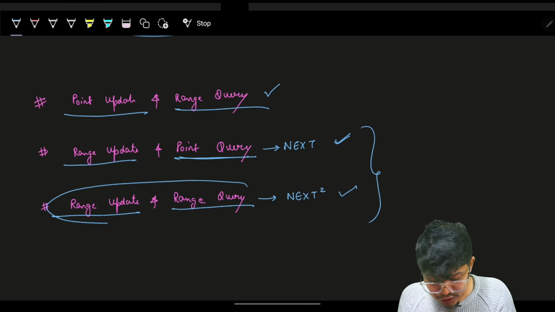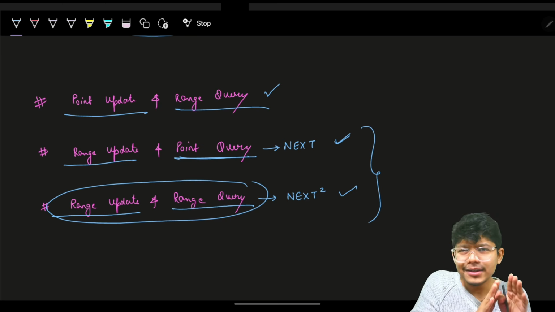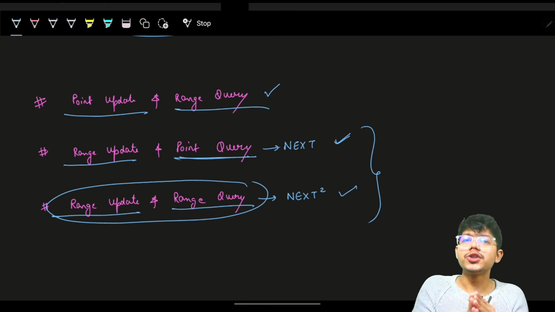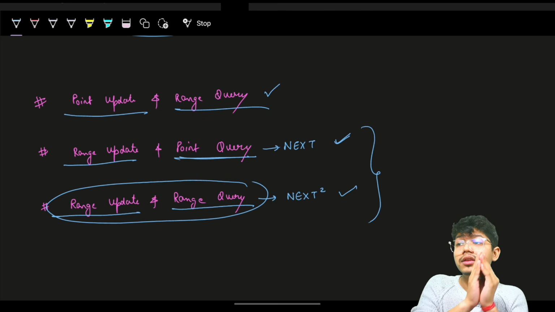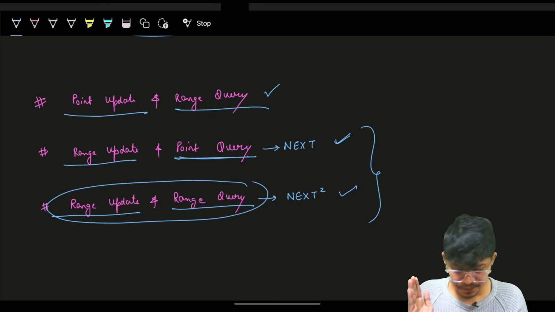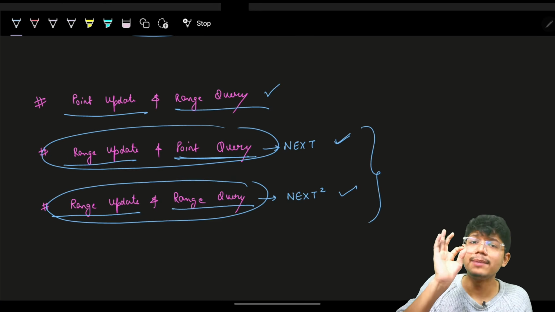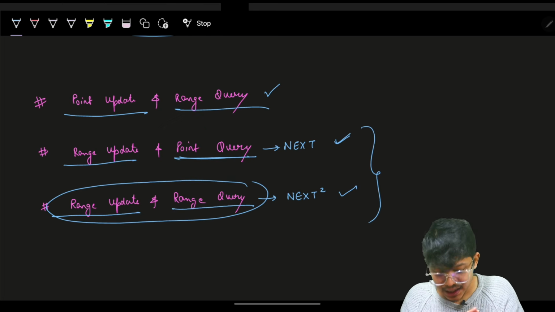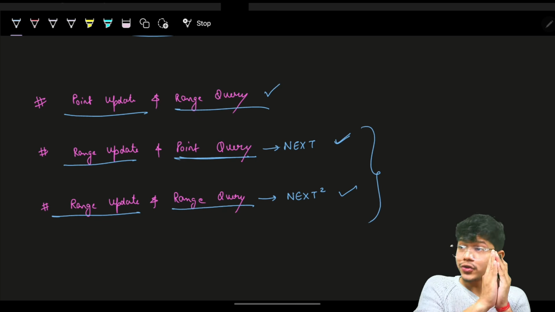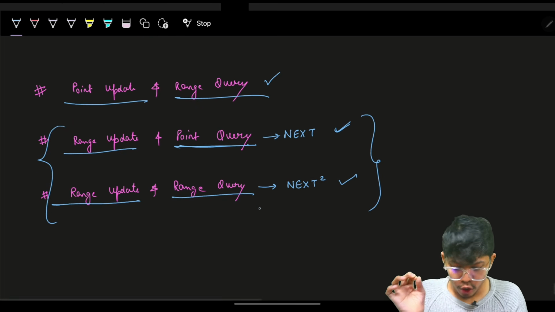Although its code, because you have to use 2 Fenwick trees, might look complex, it is much easier than lazy propagation. It is also very easy, a very slight modification in your existing code and you will get it. Again, if the video doesn't come in and you still want to learn these 2 remaining ones, then just go on to